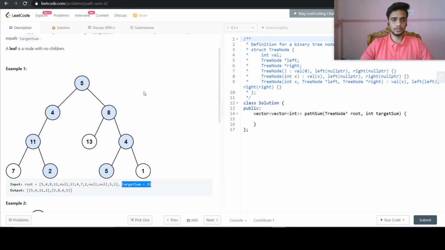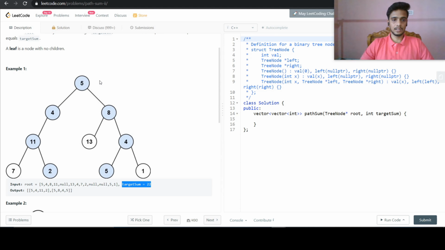And for the solution, how can we approach? So the basic approach that we will follow here is, first of all, we will start from the root, and at the root the sum of the current path that we are following will be 5.